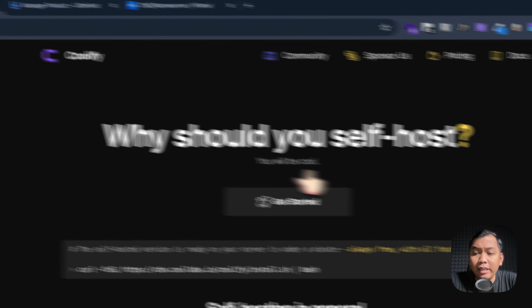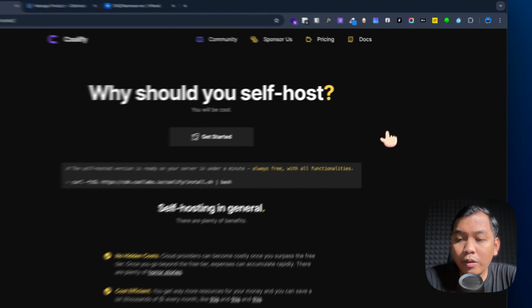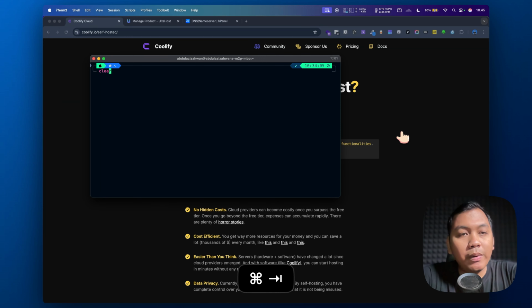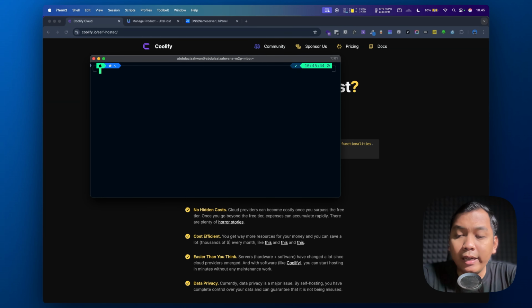So the next step, we need to connect to my virtual private server, or VPS. Usually we use SSH, so we can open any terminal you love and say ssh. Usually the default user is root, but it depends on your hosting provider.